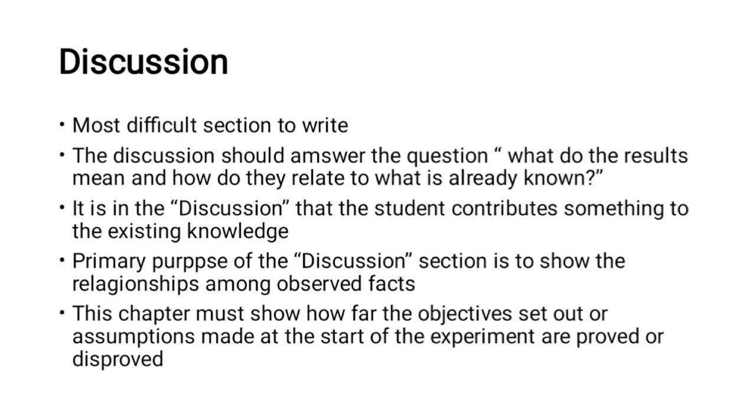Discussion. Discussion is the most difficult section to write. The discussion should answer the question, what do the results mean and how do they relate to what is already known? It is in the discussion that the student contributes something to the existing knowledge. The primary purpose of the discussion section is to show the relationships among observed facts. So this chapter must show how far the objectives set out or assumptions made at the start of the experiment